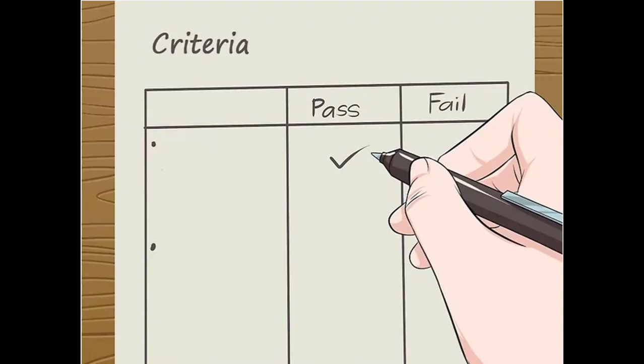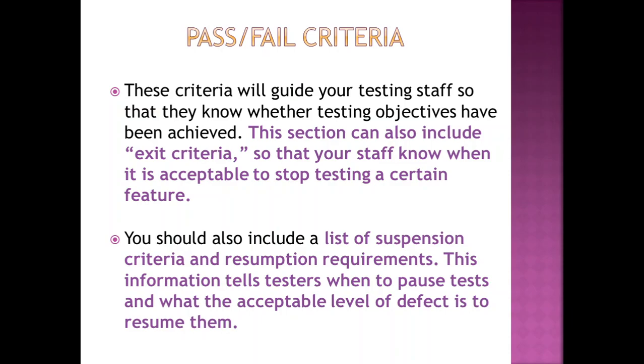When you have the pass/fail criteria, you are going to reveal which is going to be considered as pass and what is going to be considered as fail. In general terms, if your expected result and your actual result are the same, then it is going to be a pass, and if it differs in any of the criteria, then it is going to be a fail statement. But still, you are going to deliberately say in this section what you're going to consider as pass and what you're going to consider as fail, and also you're going to give the suspension criteria and your assumption requirements.